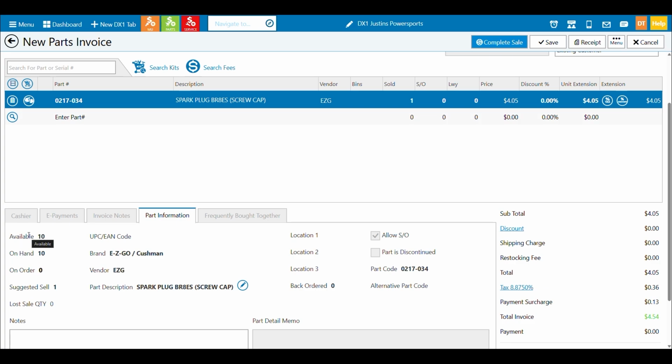So that's something that's really important to understand when you're selling a part over the counter, because many times people say, well, I know I have 5 of those here, but then it's trying to put that part into the special order column. Well, that's because if you have 5 in stock and it's still putting it in the special order column, it means those 5 are probably set aside for somebody. So it'd say 5 on hand and 0 available.